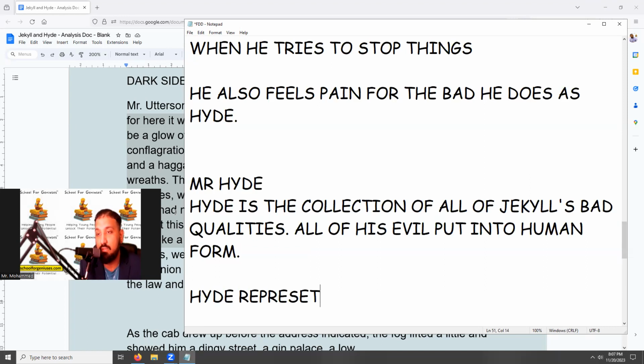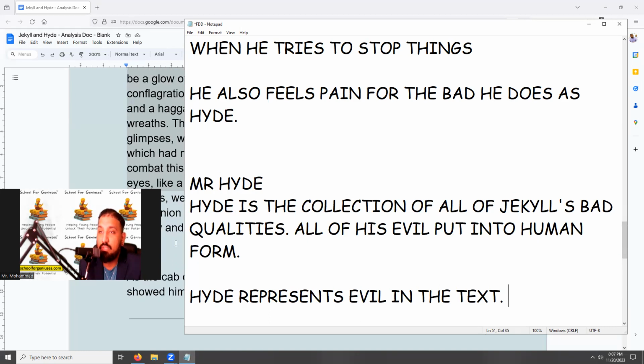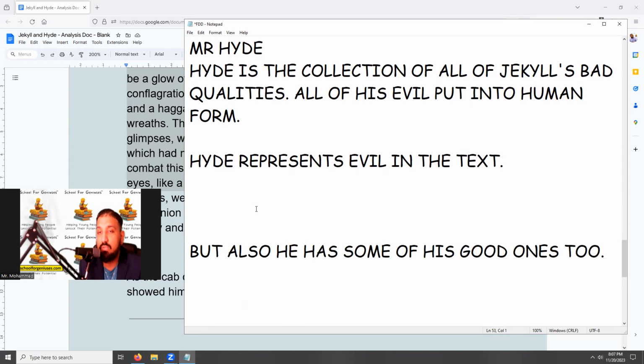Hyde represents evil in the text. Now it's important to know that the way this is normally taught is really simple: Jekyll's good, Hyde's evil. It's more complicated than that. The way to understand